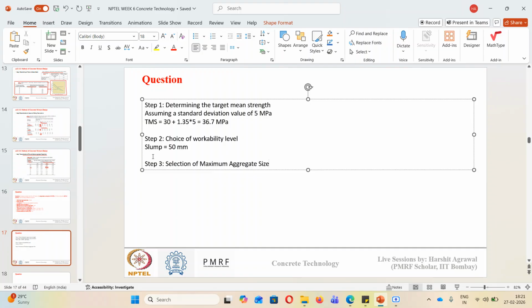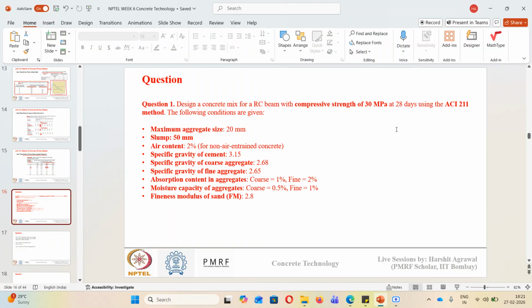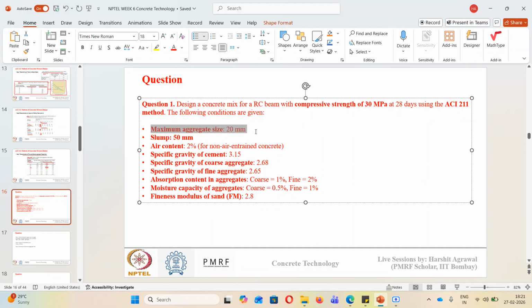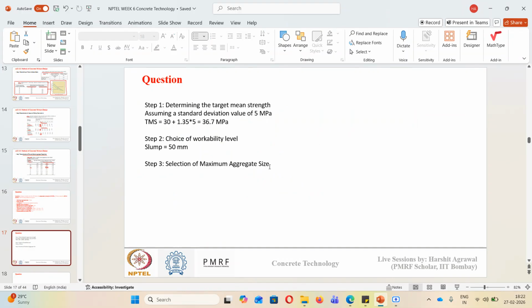We will understand how much load is acting on a member and what the bending moment requirement is, and from those only we can get the dimensions of the beam. But just to simplify all those unnecessary calculations for this question, we have directly assumed that the maximum aggregate size required is 20 mm. If it is not given to us in the question, then based on the beam dimension